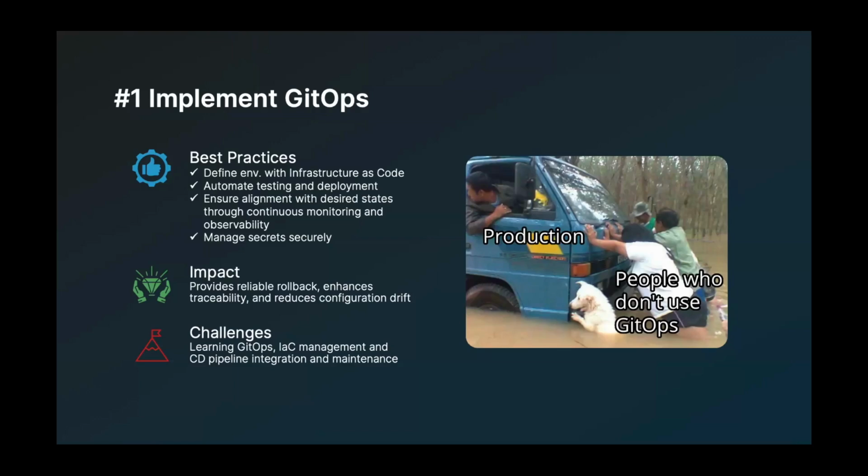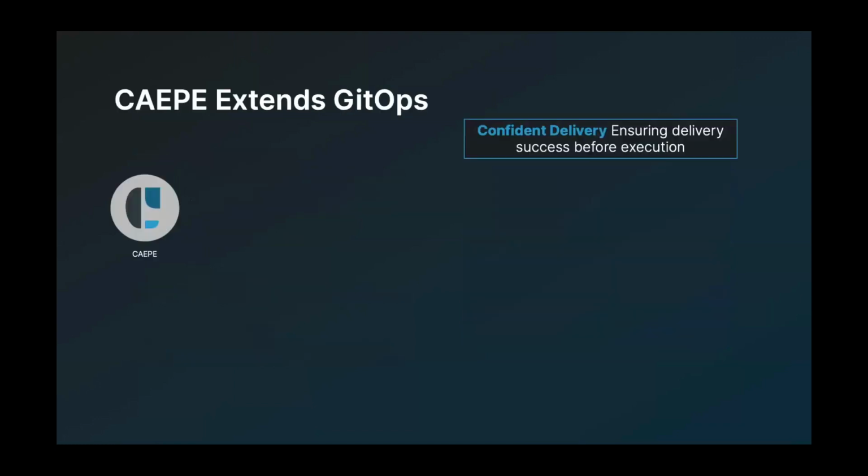When it comes to it, there's still, for those that are only starting to look at GitOps, I was doing some research. I think a lot of teams and individuals who are involved in this sphere of Kubernetes, cloud native, whatever you want to call it, are already very well versed in GitOps, but there's still quite a larger section of the industry that are only starting to take a look at this. So that process of implementing and looking at how we support that with CAEPE through aspects of